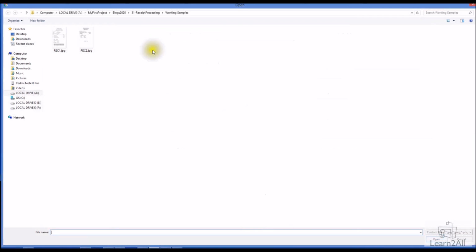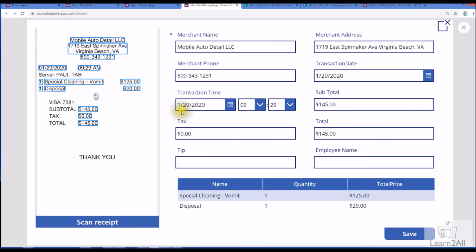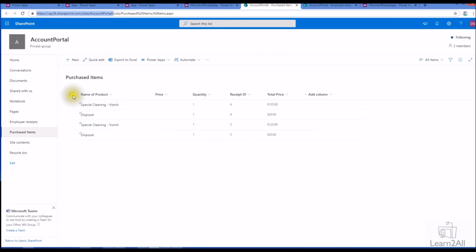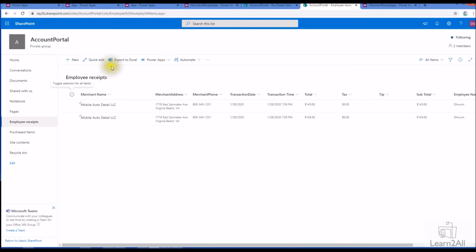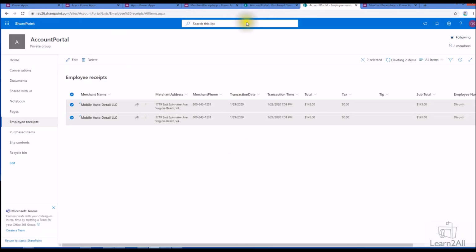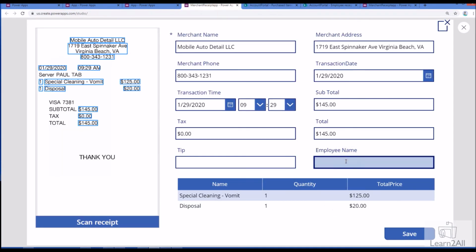So now I'm scanning one of the receipt like this. So whenever we scan the receipt, what will happen here is, every of the field will detected automatically over here, and this will be captured as a purchased items, right? So you can see that two items are there, its price is showing, and every other information is showing over here. Now let me just clear out list items, so we will understand better that how the data is being stored over here. So I removed everything from both of my list, we don't have anything here. Now employee name, let me add employee name as Thruvin. Now let me just save this thing over here.